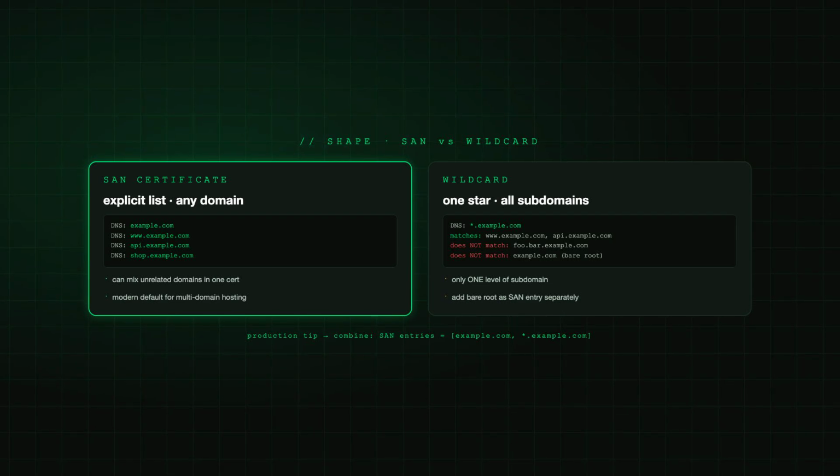A wildcard certificate uses a star at the leftmost position, *.example.com, and covers every direct subdomain. Two things to remember about wildcards. First, they only cover one level. *.example.com matches www.example.com but does not match